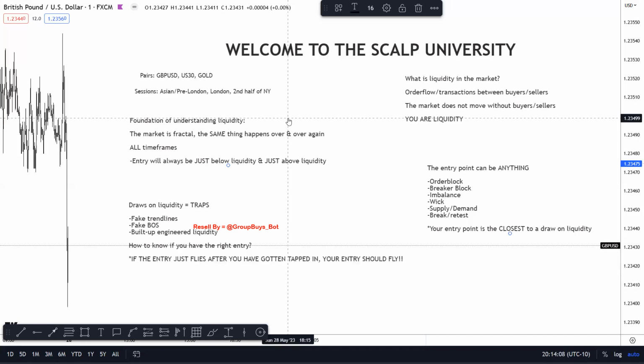But if you do get into an entry, and like I said, if price is playing up and down around your entry, I would just place stops to break even. Once price pushes up a little bit or down, place your stops to break even. And if you get taken out, you can always get right back in the position, right? But as long as you're placing your stops to break even right away if you see price playing around your entry area. But like I said, if you have the right entry point, your entry should fly.